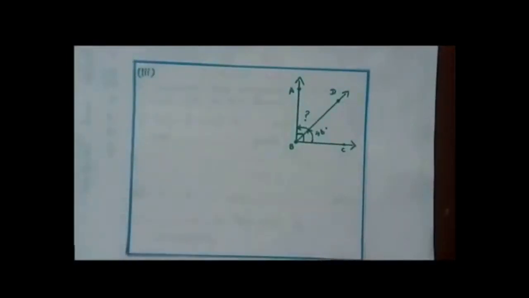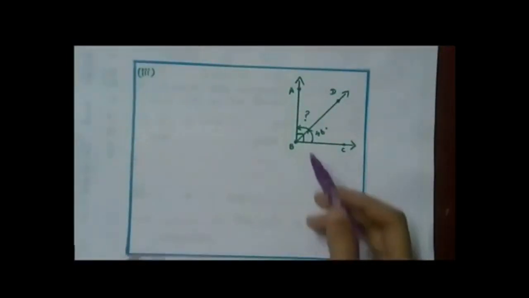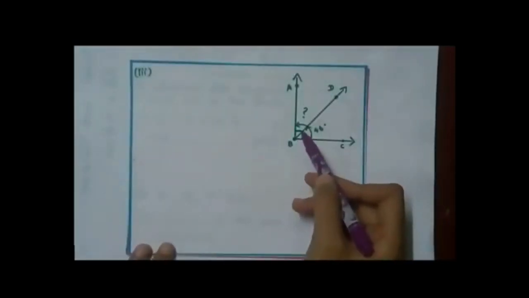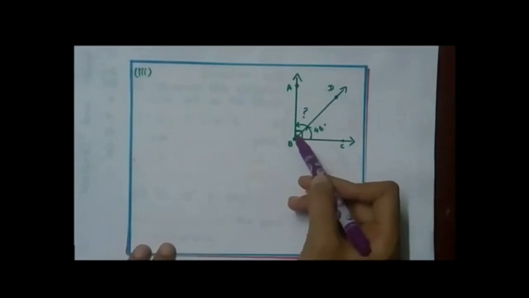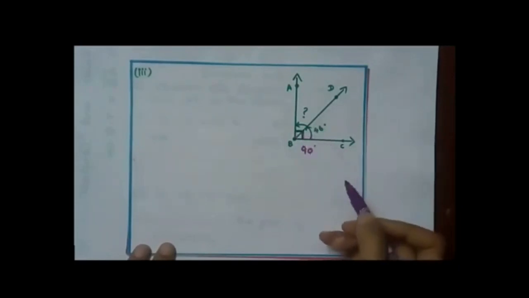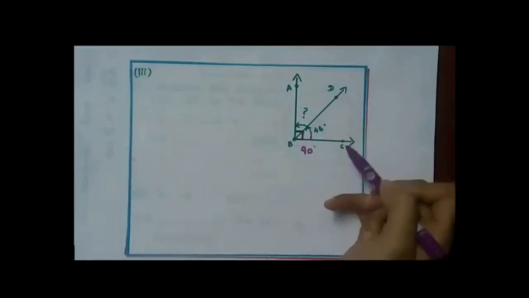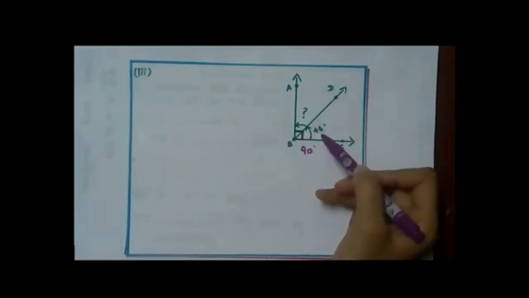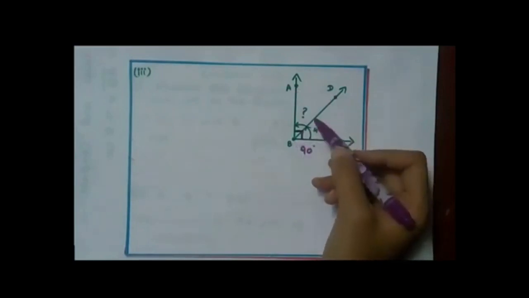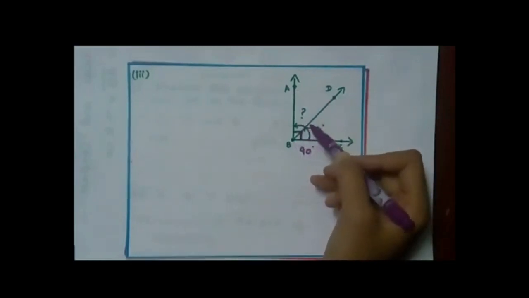Subdivision 3, same problem, find the complementary angle. So here the given angle is 90 degree because the angle is marked with the symbol box. So the box symbol denotes 90 degree, that is right angle. But in this, one angle is given. Angle DBC is given as 46 degree. You are asked to find the angle ABD. So you have to find this part.